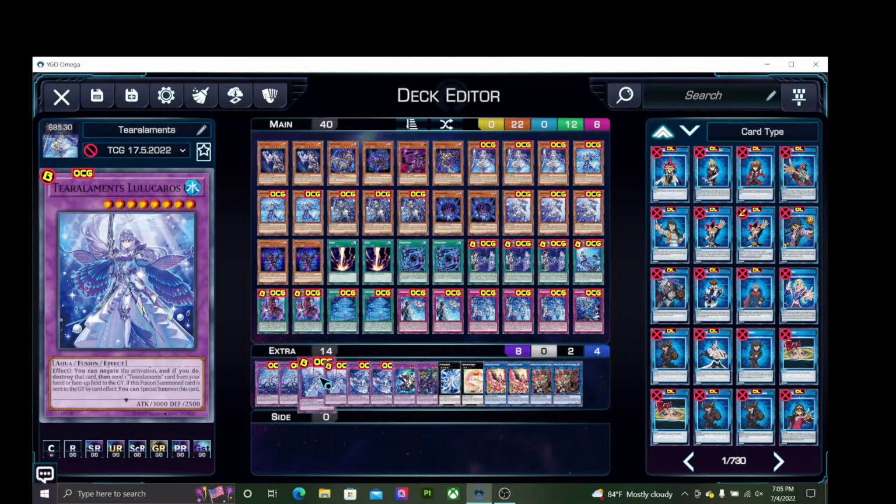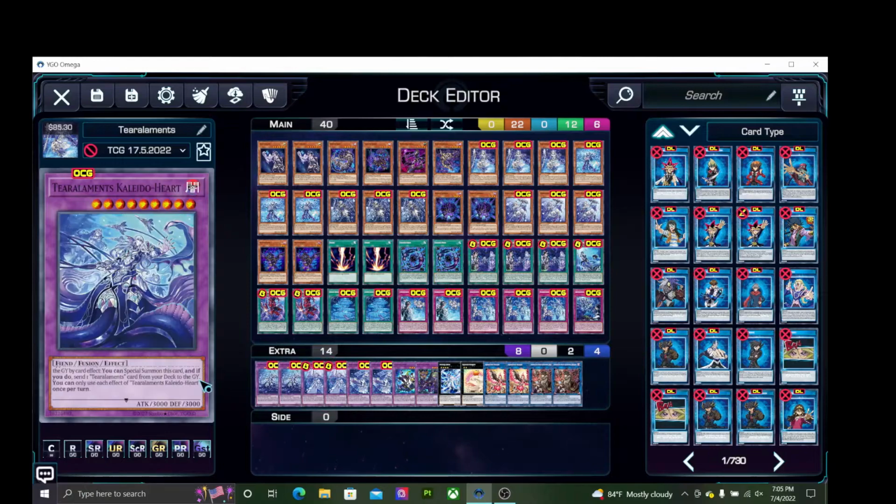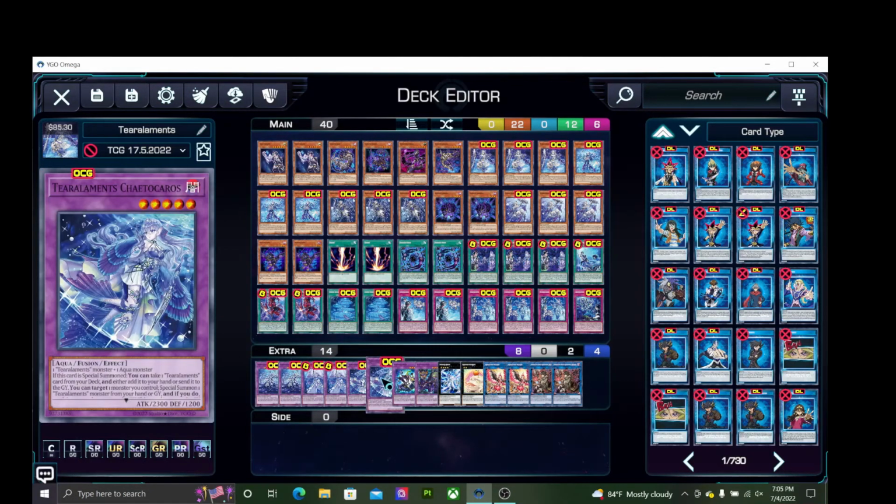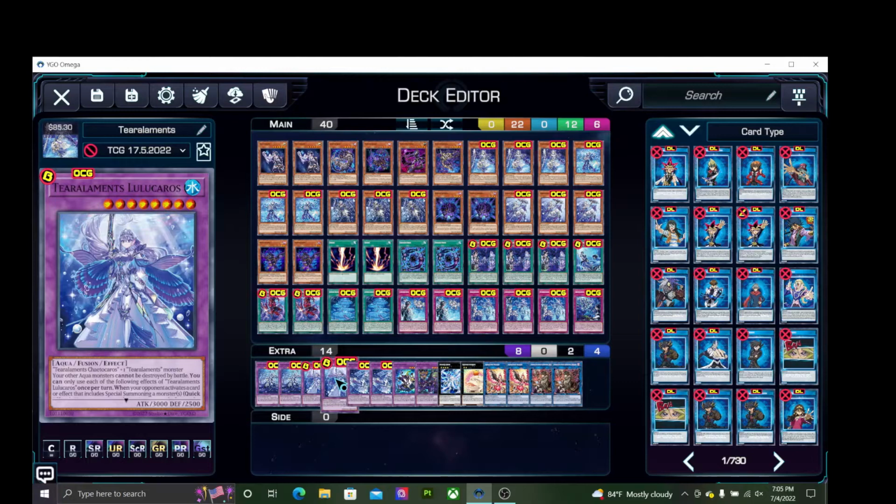Next is 2 copies of Tearalaments Lulucourse. It requires this one and another Tearalaments monster. And if another Aqua-type monster is controlled, it pretty much protects all my other Aqua-type monsters from being destroyed by battle. And then I can target